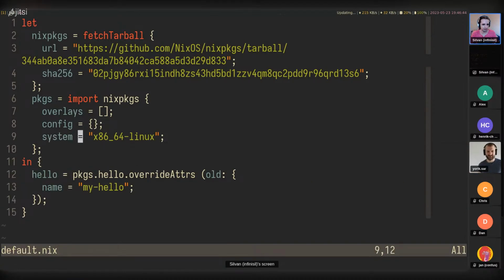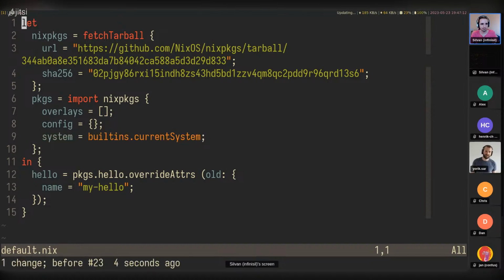And so to not hardcode this, what you often do in the traditional way is you put it as an argument up here. Well, what you generally do is builtins.currentSystem. Builtins.currentSystem is an impurity, and that is in fact the default, so it wouldn't really make any difference if we just did it like this.